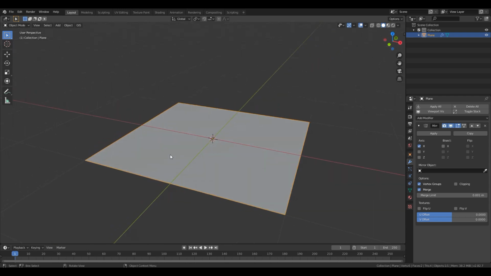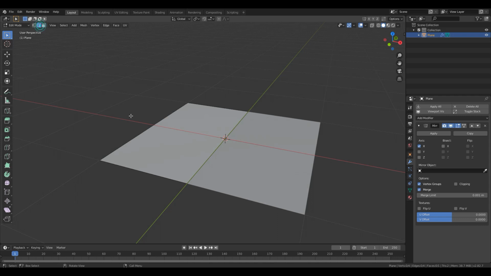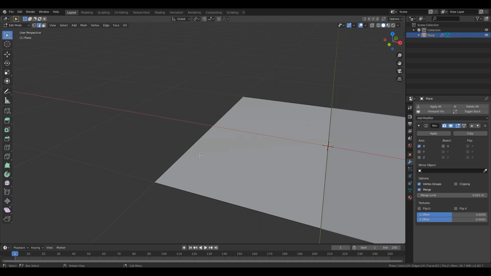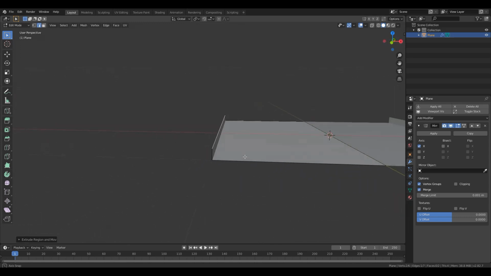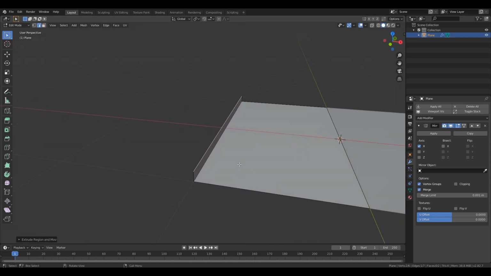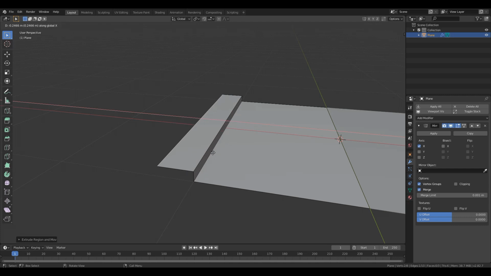Now let's go back to Edit, select Edge. I will select this edge, press E to extrude on the Z axis, so press Z on the keyboard. I will bring it a little bit up, so this will be the sidewalk. I think it's enough. And E to extrude, X on the X axis, and I will press on the numpad